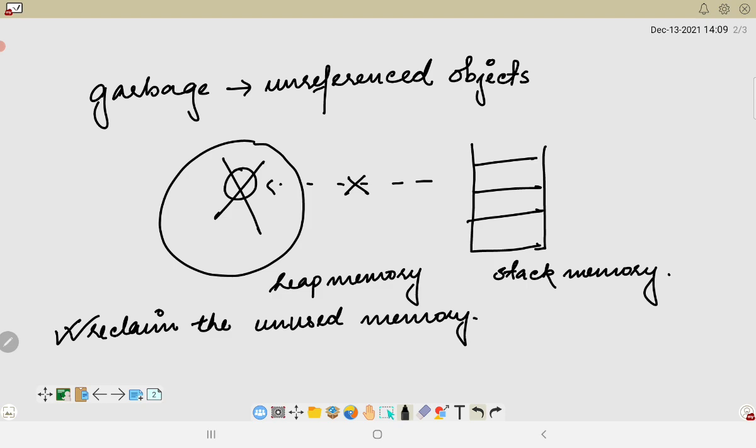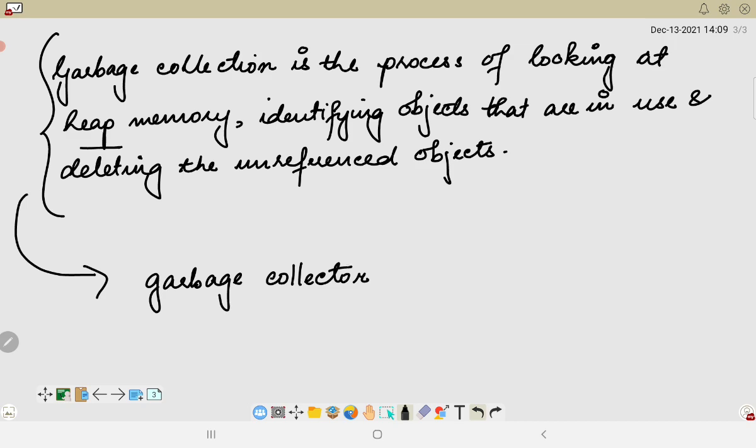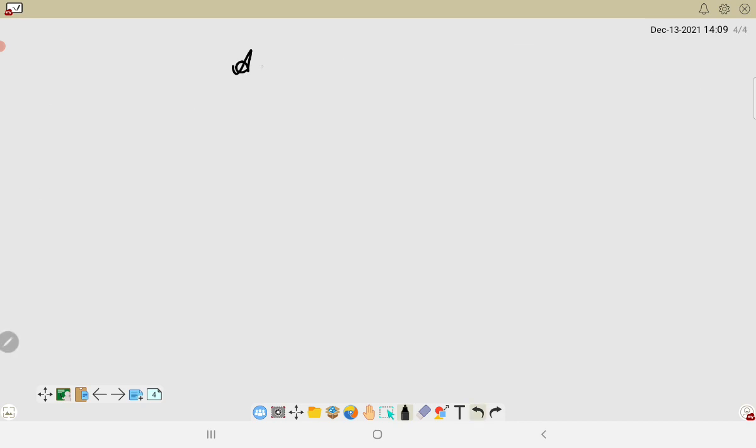This entire process of deallocating the memory, or destroying the unused or unreferenced object in the memory, is handled automatically by the garbage collector. This is a very important component in Java, which is used to deallocate the unreferenced objects from the heap memory. Now moving ahead, we have to discuss some of the advantages related to